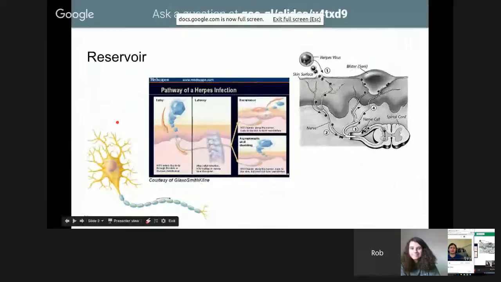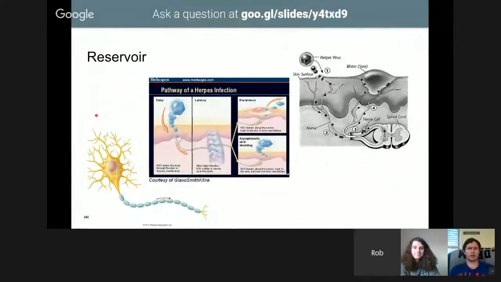Okay, we're going to talk a little bit about the reservoir of the herpes simplex virus, which, as you know, is actually two viruses, really. The reservoir is pretty similar to the transmission because the herpes simplex virus kind of inhabits your nervous system. It's just there in latent form,